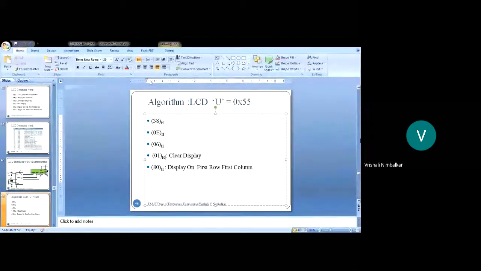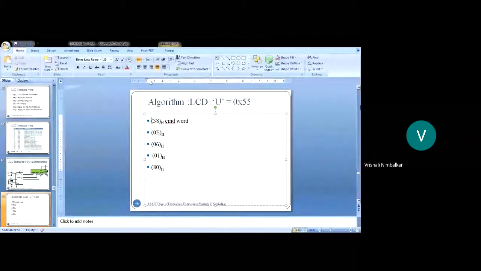The third command word, clear the display. And the fourth command word is display it on first row, first column. Is that okay? So 38 hex CMD, I'm calling it as command word, right?